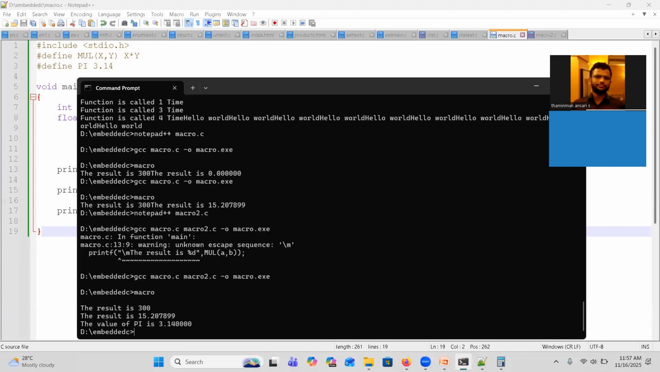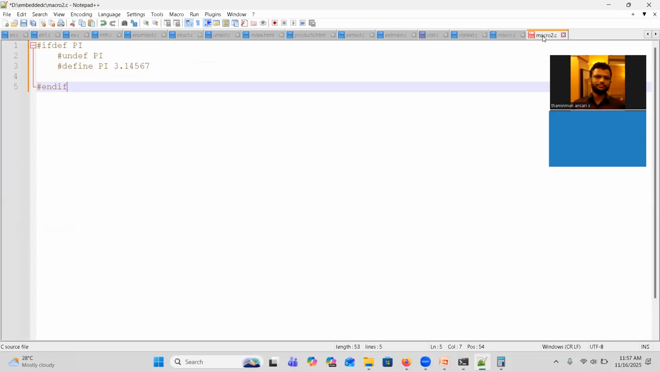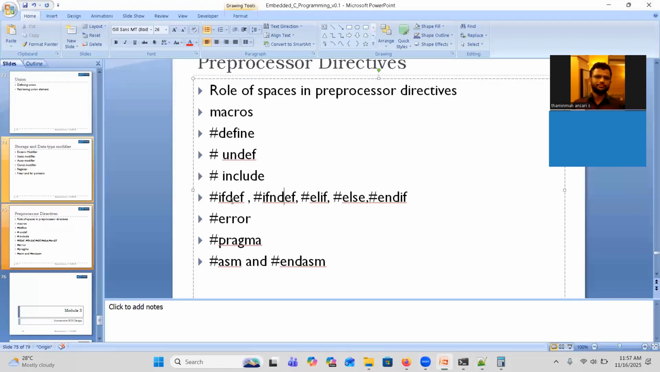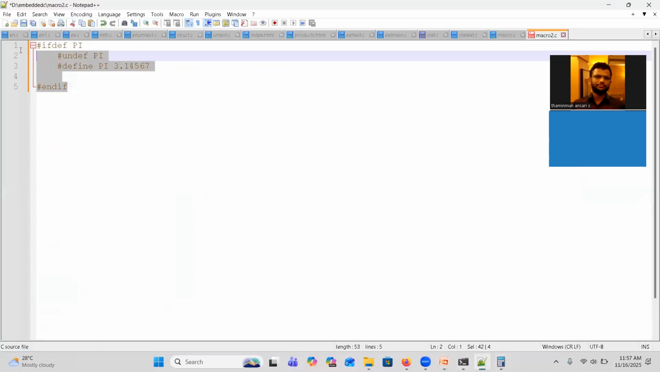$3.14. It is simply okay. It is printing pi from this file only, right now. Why is it so? If def pi, we have given the correct syntax only. If def pi, maybe if I use it here,